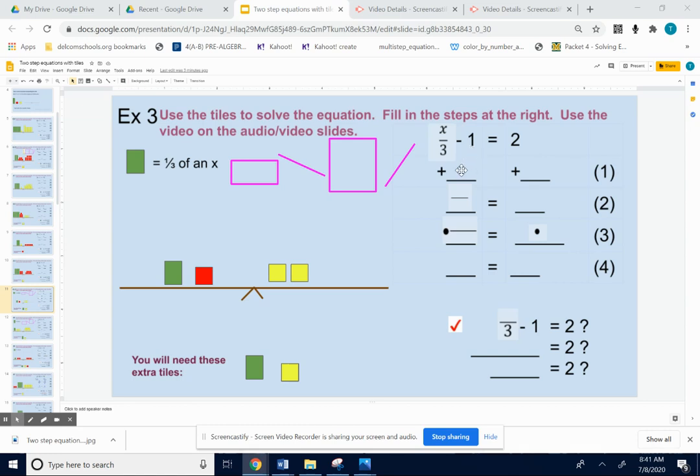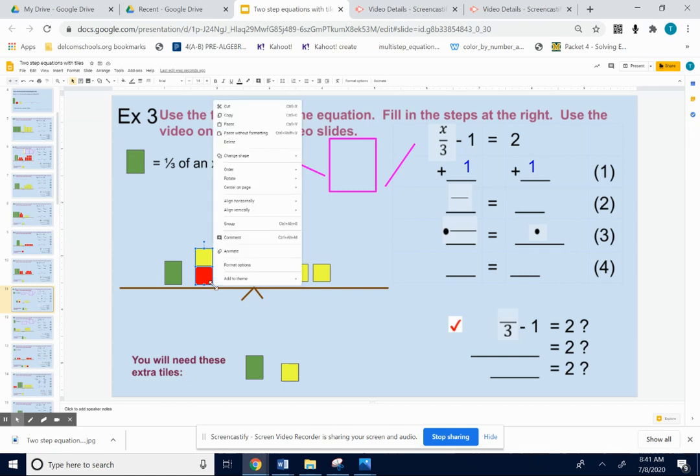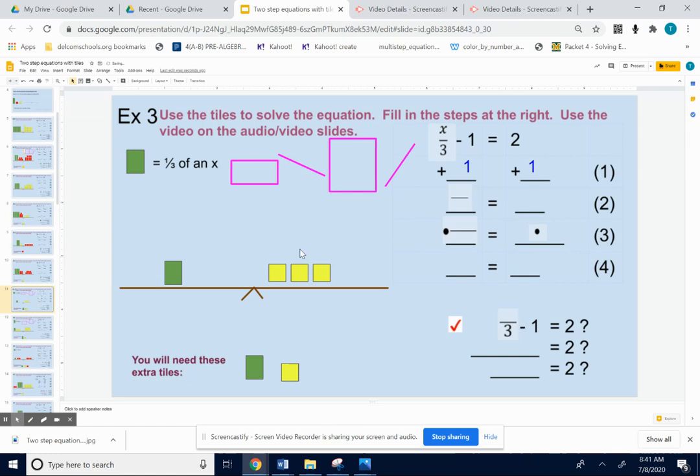We want to add 1 to both sides. Add 1 to the left, add 1 to the right. I'll go ahead and just do that with the visual to remind you how it worked out. Add 1 to the left, add 1 to the right. I'm going to go ahead and take out my positive and negative pair, my 0 pair. Okay, so when I added 1 to both sides, you can tell by the drawing, I have a third of